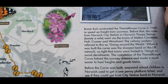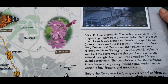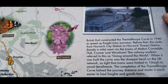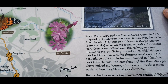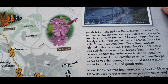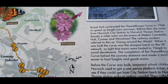So British Rail constructed the Themelthorpe Curve in 1960 to speed up freight train journeys. Before that, the route from Norwich City Station to Thorpe Station, barely a mile, went via the towns of Melton Constable, Holt, Cromer and Wroxham. The railway workers referred to this as going round the world. When it was built, the curve was the sharpest bend on the UK network, so the trains were limited to 10 miles an hour to avoid derailments. The completion of the Themelthorpe Curve halved the journey distance and made it much easier to haul freight and goods